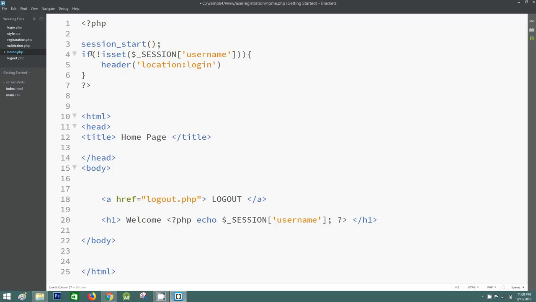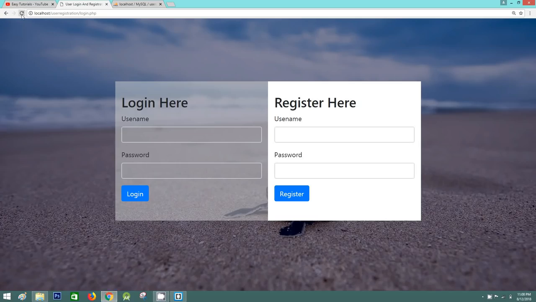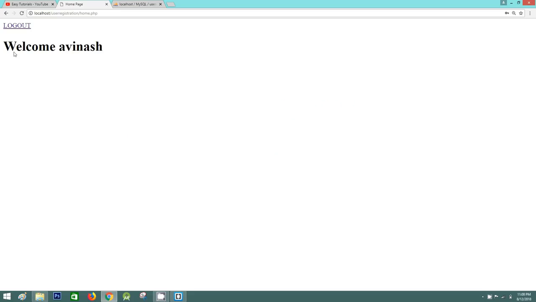Okay, after adding this code, we cannot enter into the home page without the login. Okay, now you can see once we click on the logout option,